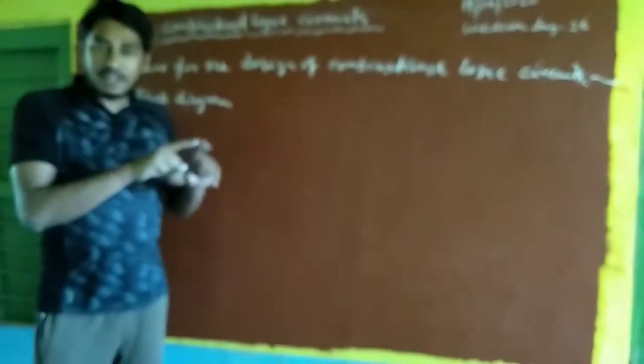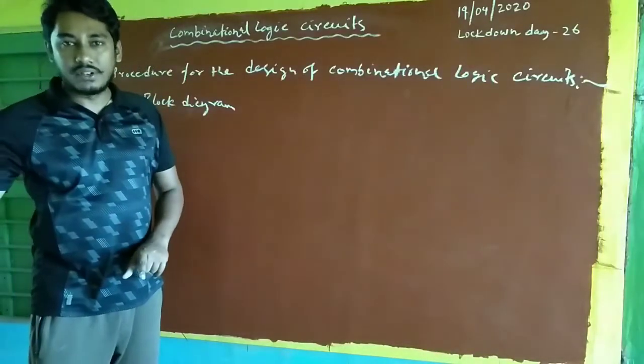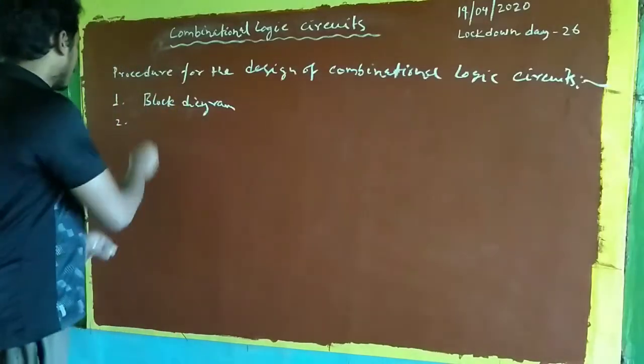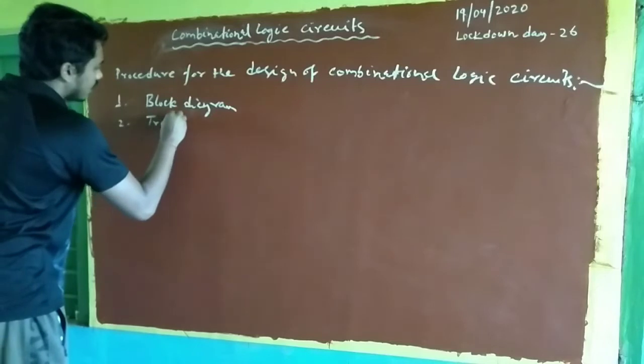Now the second step, a very important part of this procedure, is the truth table. We need to draw the truth table. We know the truth table is an easy means of representing any switching function of n variables. This is the definition of the truth table. Truth table basically represents the output for each particular input combination. We write all the possible input combinations and the corresponding output. So this is the complete representation of any switching function of n variables. So second, I am writing truth table.